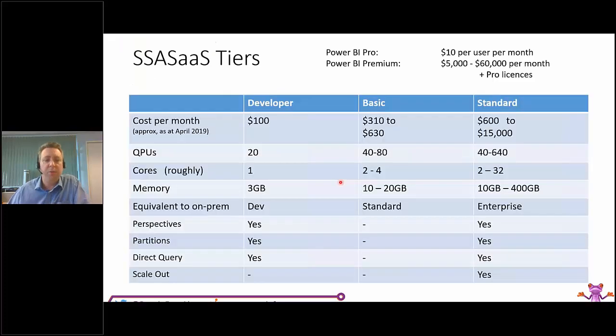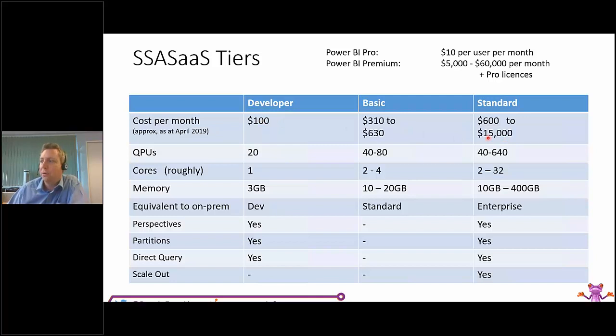So very quickly, what are the pricing tiers of analysis services in Azure? We've got the 3 different levels: developer, basic, and standard. Critically, these are equivalent to on-prem SQL Server developer, standard, and enterprise. So standard means a completely different thing on-prem and in Azure. Standard in Azure is enterprise on-prem. So the pricing ranges from $100 for developer up to $15,000 for an S9